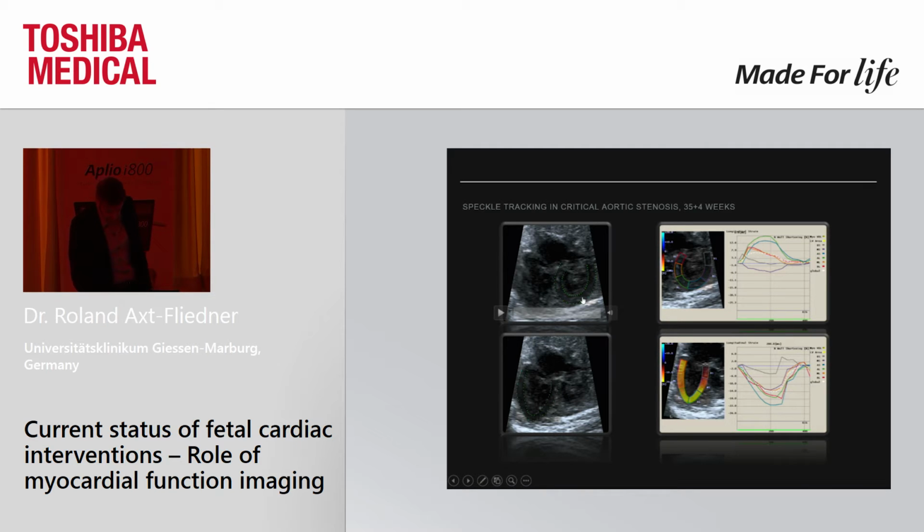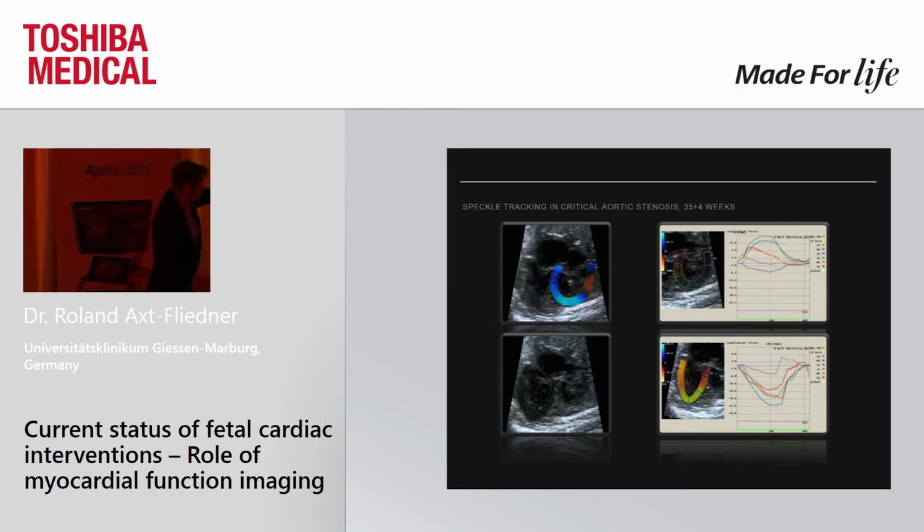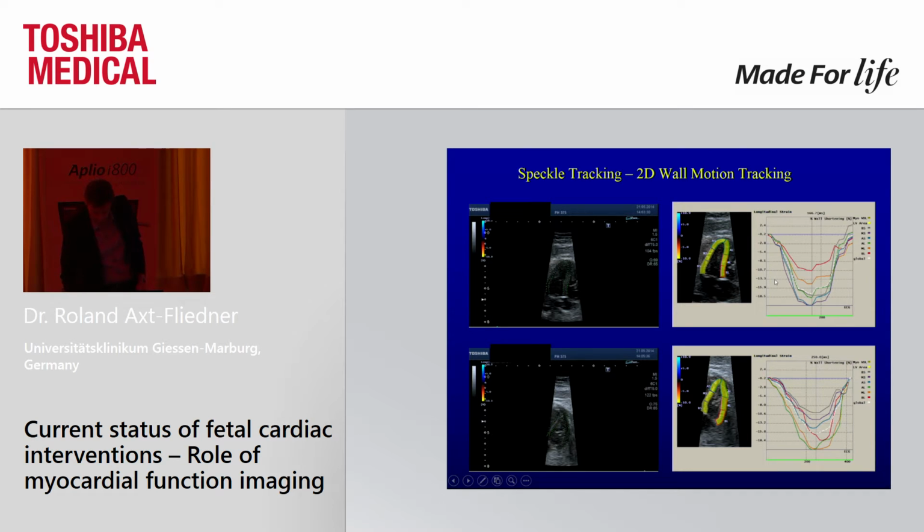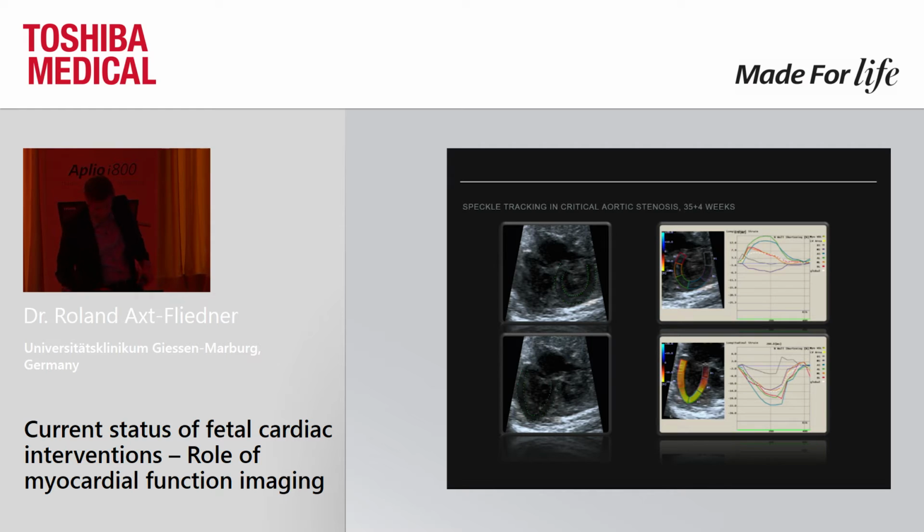And again here, this was a very recent case, and I think Christian showed it yesterday also. This was a case of aortic stenosis, and you see here again the alteration. If you compare this pattern of longitudinal strain of this left ventricle to the pattern of this here, you see that again, like in the animal model of decreased inflow, the longitudinal strain pattern has altered. And also on the right side,